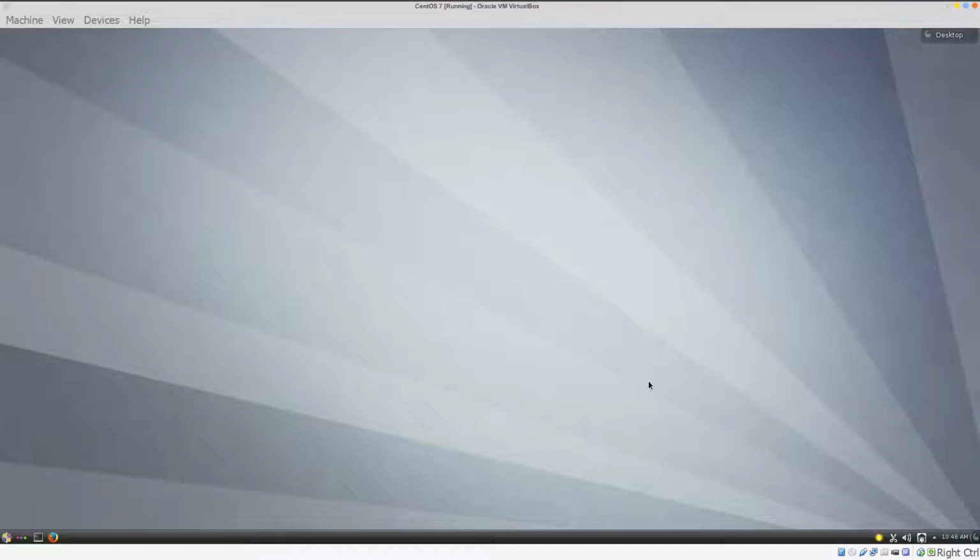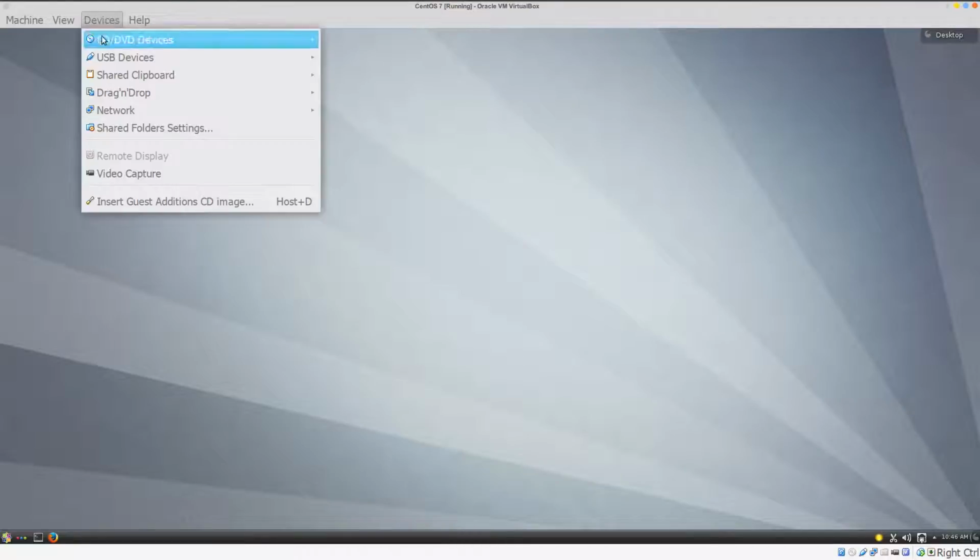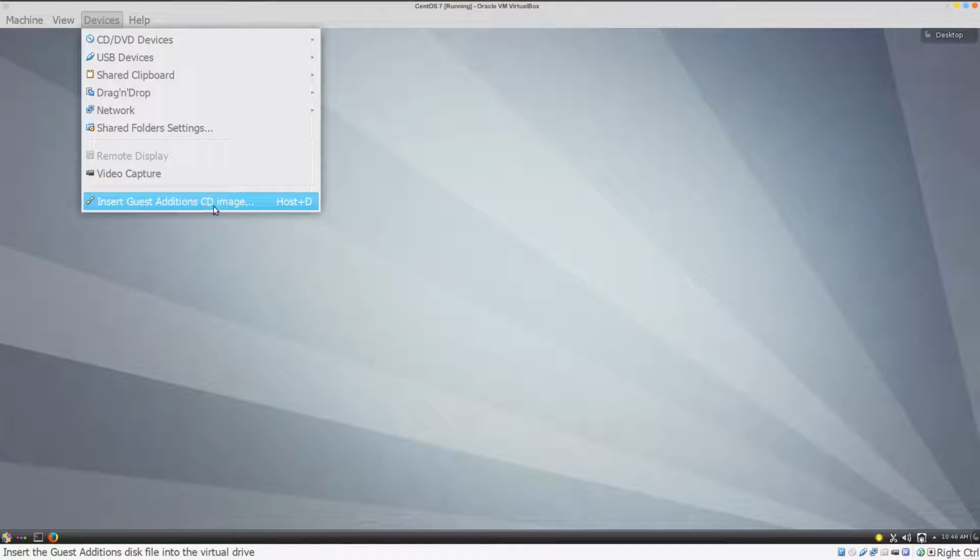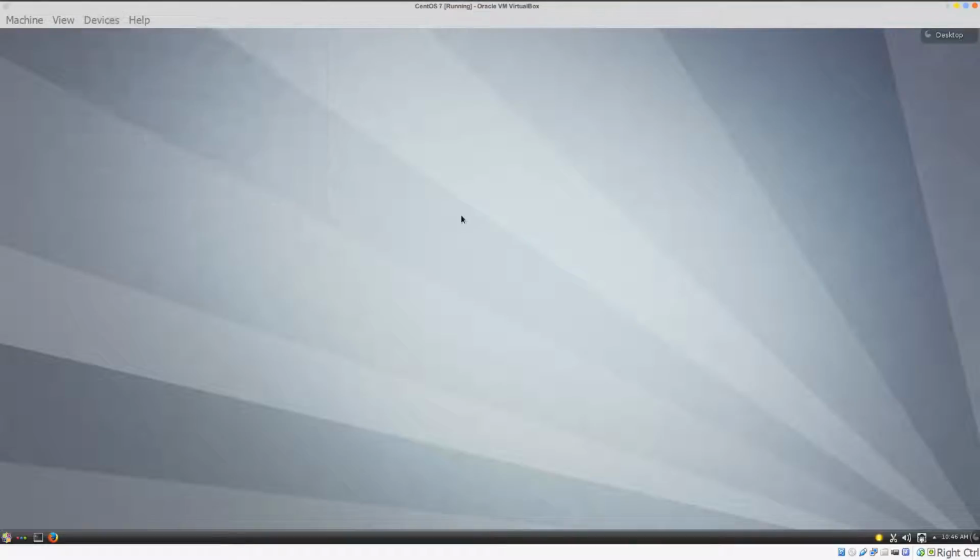So the first thing I had to do to fix this, to get full screen, I had to install the Guest Additions CD. Now it wasn't installed, so here it said install, so I went ahead and installed it. But I should have installed a couple things before, because I installed it and booted up and I got full screen, but everything didn't work quite right,